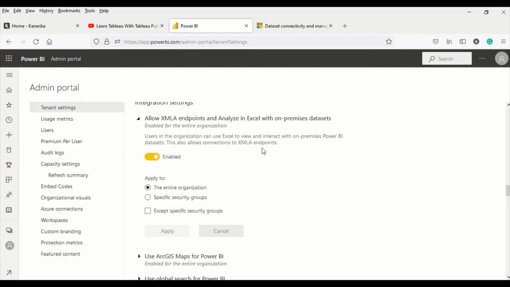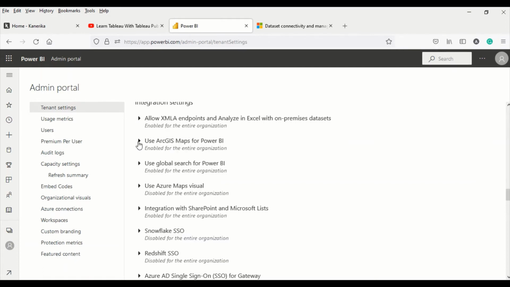In the newer versions, under the Data tab in Excel, you can directly see the connection for Power BI, and you can use that. I think it gets enabled once you have Analyze in Excel enabled here. We have enabled this setting, and it is advised that you enable it unless your organization policy asks you to disable it.